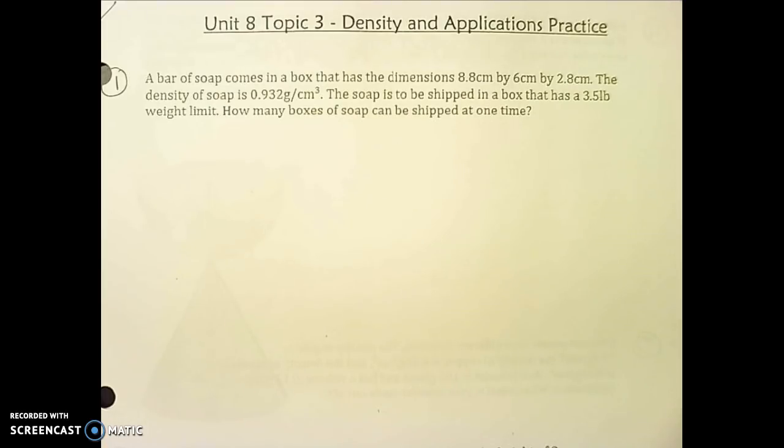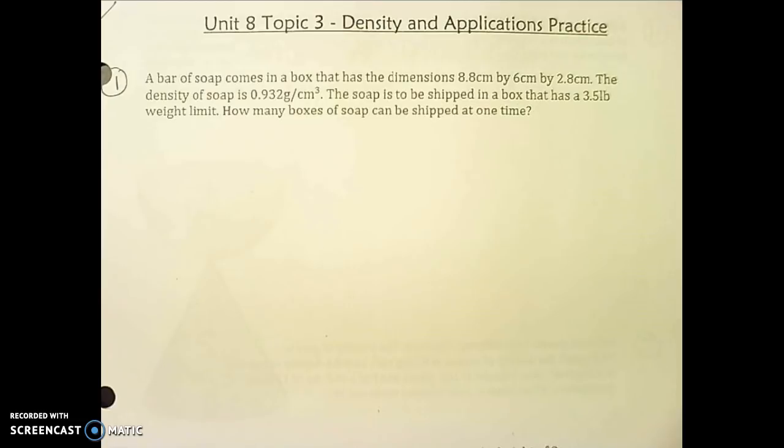And the reason why is because if we know ultimately we want to find weight, we said that density is used to find the weight of an object if we know its density and if we know its volume. So that's exactly what we know. We have a density, we are able to calculate a volume, and so that's how we're going to find the